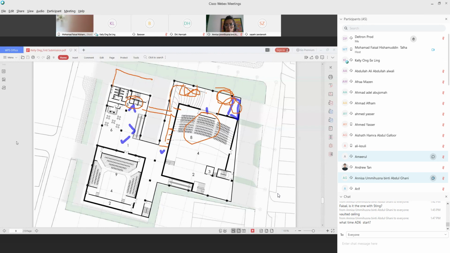Because for the disabled, they don't go here. They go up straight to the balcony. I don't know. Maybe they can come here also. But the disabled is only restricted to which area, behind here? Yeah, specific, only behind, only here. Okay, but they come by lift. Because if you want to put a ramp there, actually you can put a ramp there.